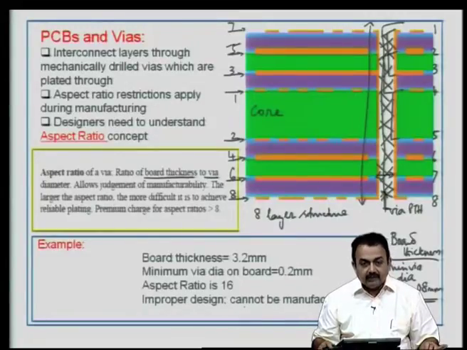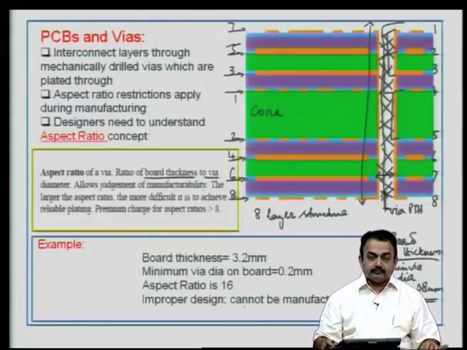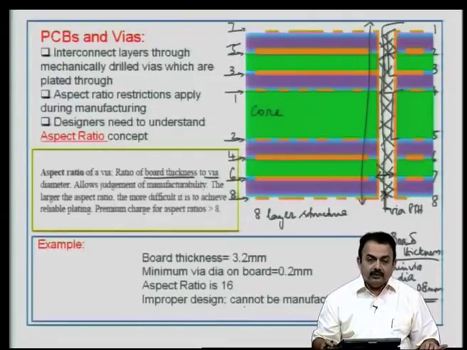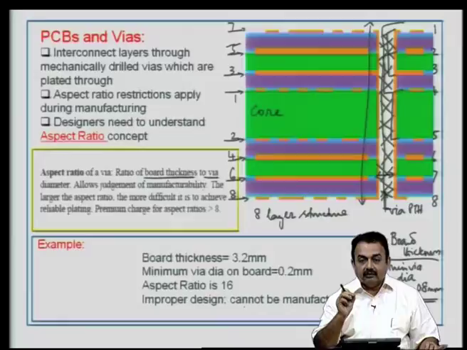It is an improper design first of all, and it cannot be manufactured with any kind of reliability built around the via structures, because it is a fairly thick board, and drilling a mechanically drilled hole of 0.2 mm through the 3.2 mm structure is a big challenge. A 0.2 mm drill bit is very thin, flimsy, fragile, and it produces a lot of heat during drilling, and entering through this 3.2 mm structure